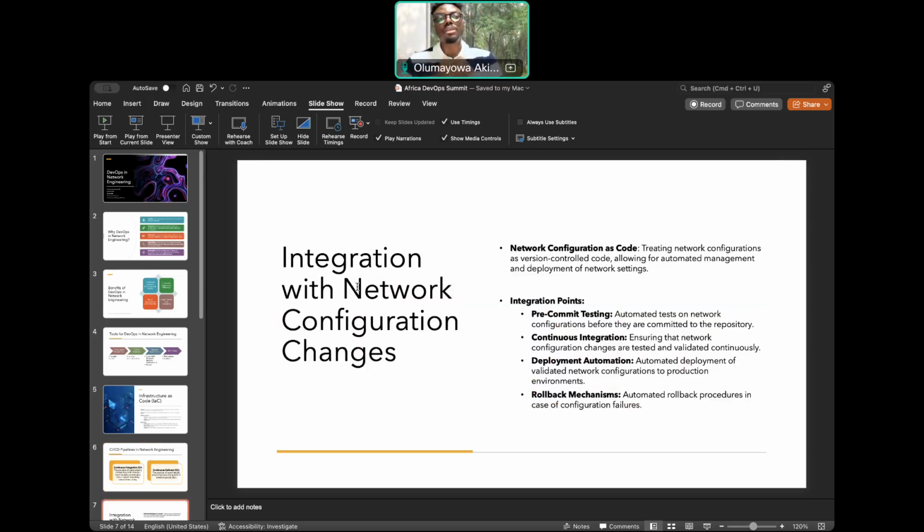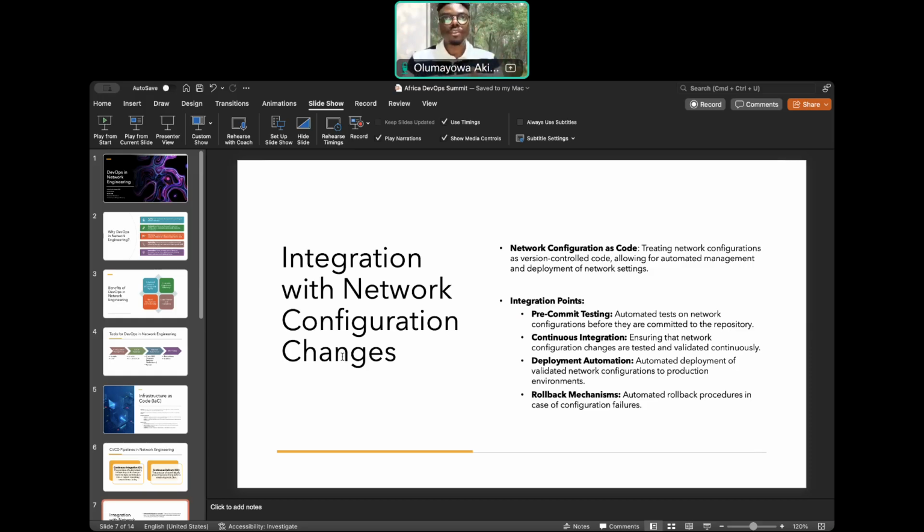So now we're talking about integrating with network configuration changes. We're still talking about CI/CD in network configuration changes. So just like I said, network configuration as code: treating network configuration as version-controlled code, allowing for automated management and deployment of network changes.